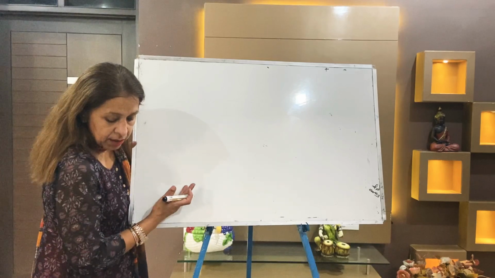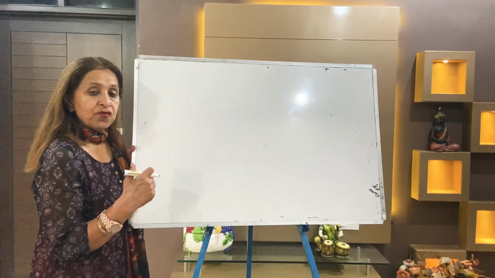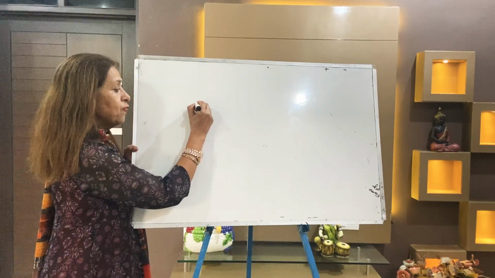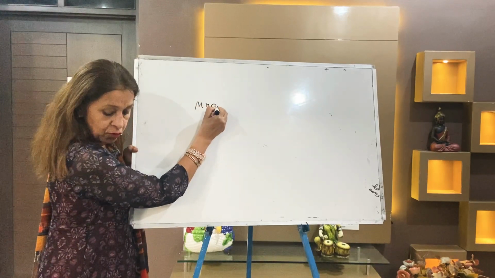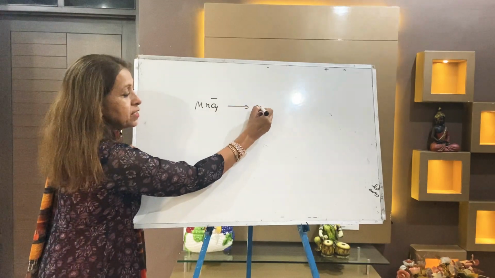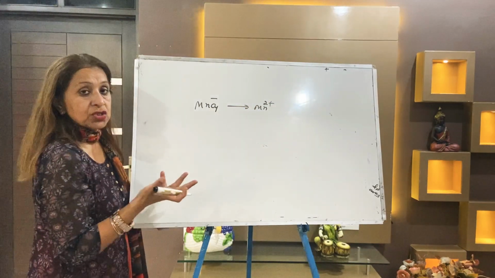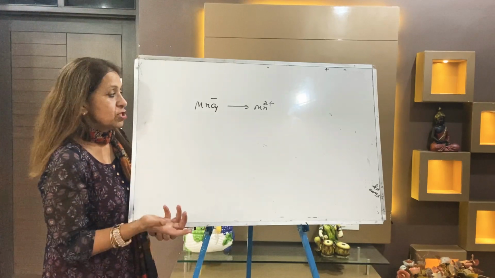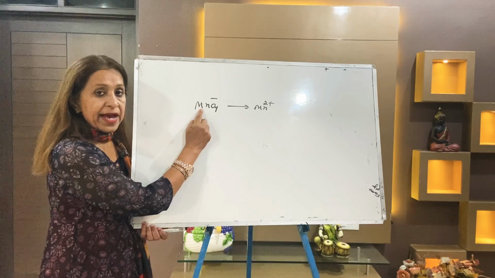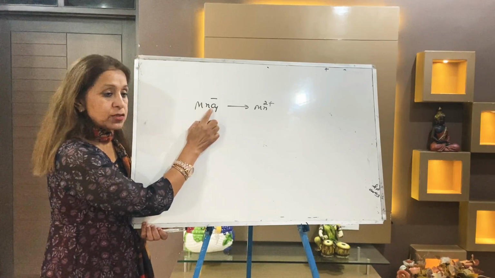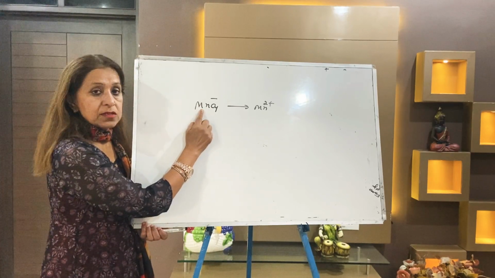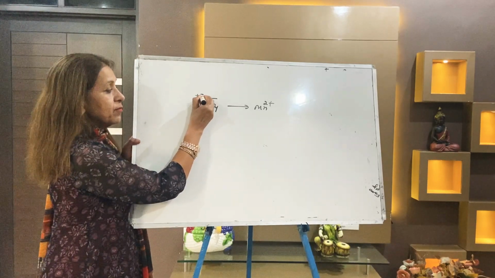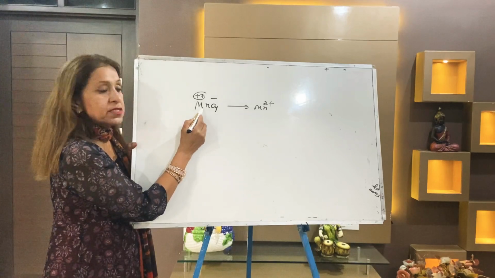Now I'm taking your numerical number third part. Your first two parts you can do yourself, they are very simple. I'm taking 1 mole of permanganate ion, MnO4 minus, to manganese 2 plus ion. How much electricity is required? So what you will do? You will calculate the oxidation number. Manganese is X, oxygen is -2. Your answer comes X minus 8 is equal to -1, so X is +7. So the manganese oxidation number is 7.